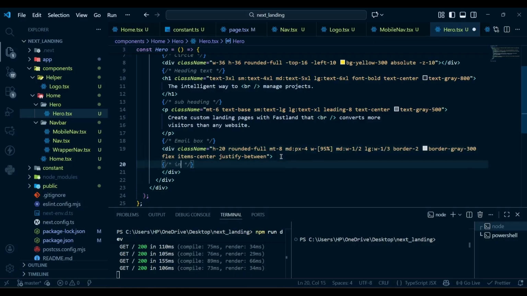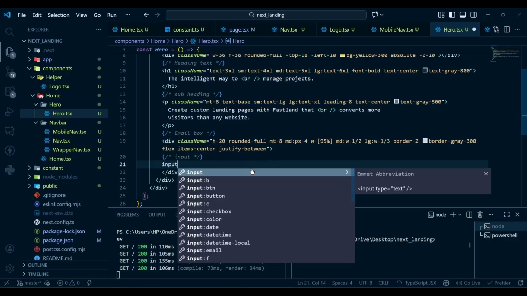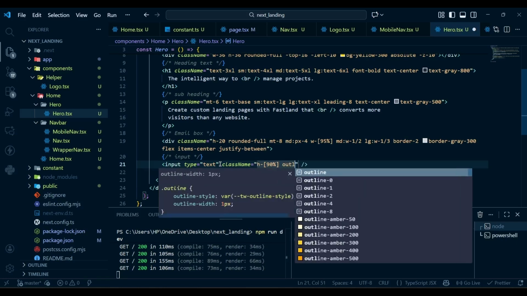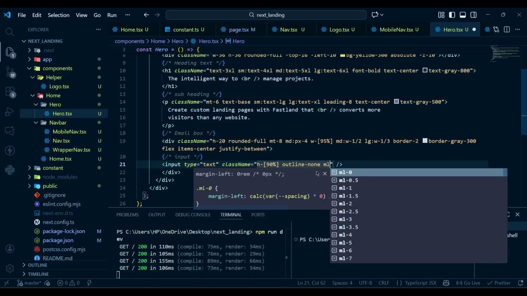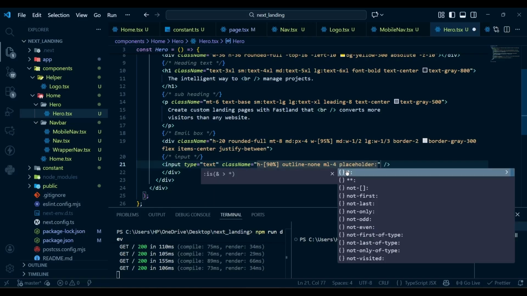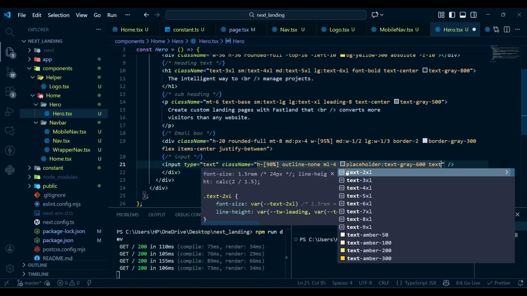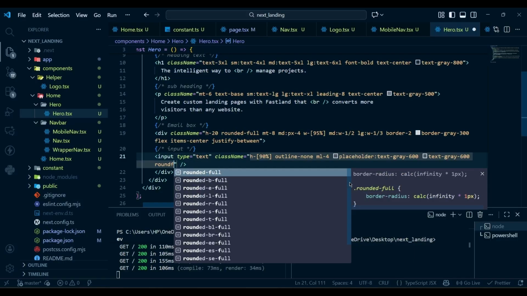Now inside this we have our input. So we are going to use the input type text, and this input has a class name of height 90%, outline none. Then we have margin left 4, and the placeholder text gray 600, text gray will be 600, rounded full,